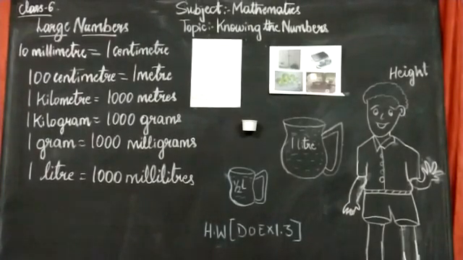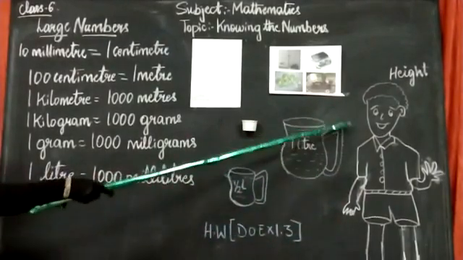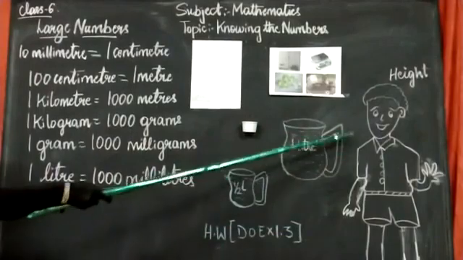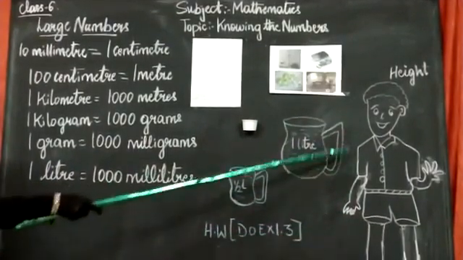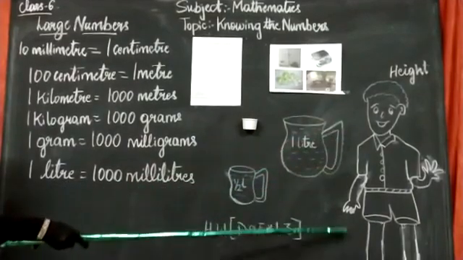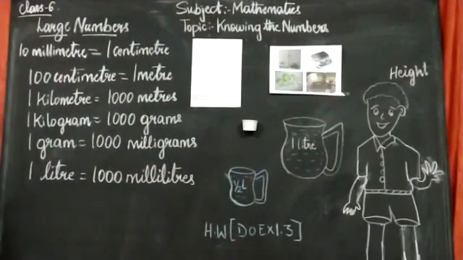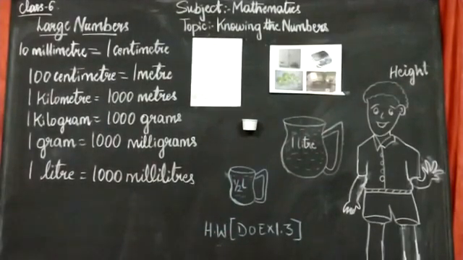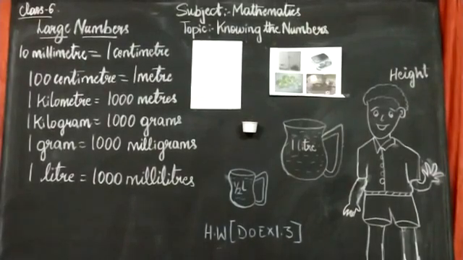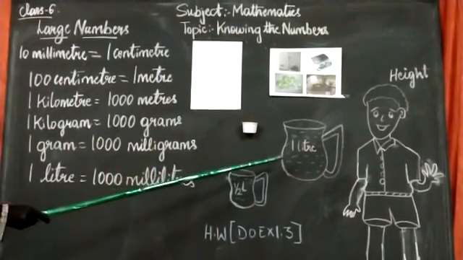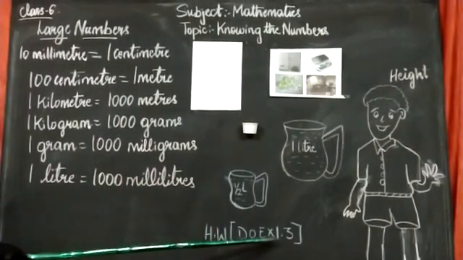Now in the exercises they have given to measure the height. His name is Ali. So we should measure Ali's height there. How many feet is he? Or what is the measurement of Ali? In centimeters also we can measure. And milk and all liquids are measured in liters. Did you get it, students? Please do exercise 1.3.